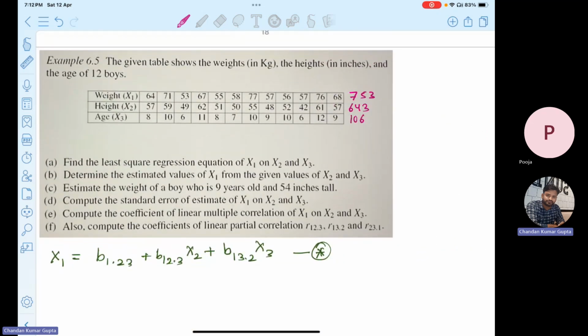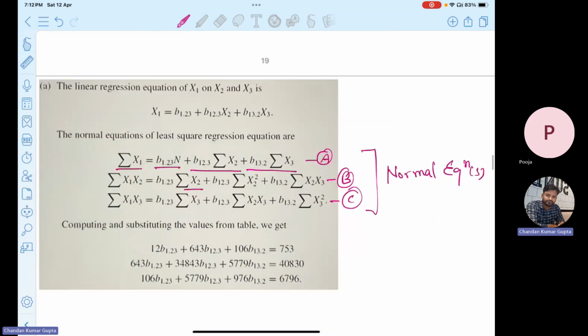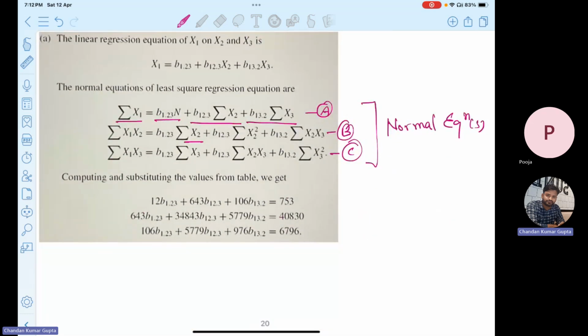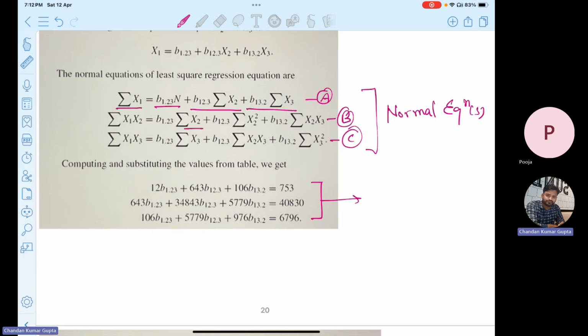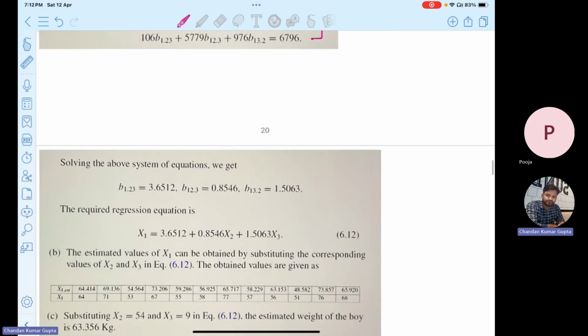Okay, we have the sum of these three variables, and since we are given 12, x1 bar is 753 by 12. We can simplify those values. Okay, with the help of those we can solve, or no, we don't actually need those. With the help of these only, we have three equations in three variables. With the help of any software, or manually, you can solve them, and you will find